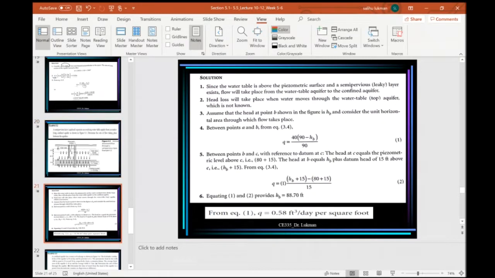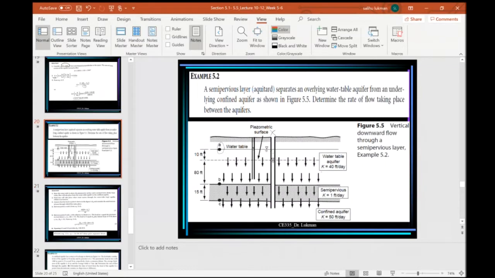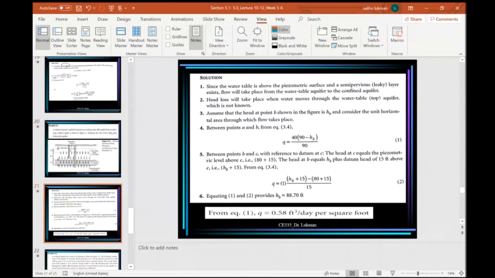So since the water table is above the piezometric surface and a semi-pervious or leaky layer exists, flow will take place from the water table aquifer to the confined aquifer. Flow will take place from the unconfined aquifer to the confined aquifer because pressure is higher there. The flow is always from the area of higher pressure to the area of low pressure, and head loss will take place when water moves through